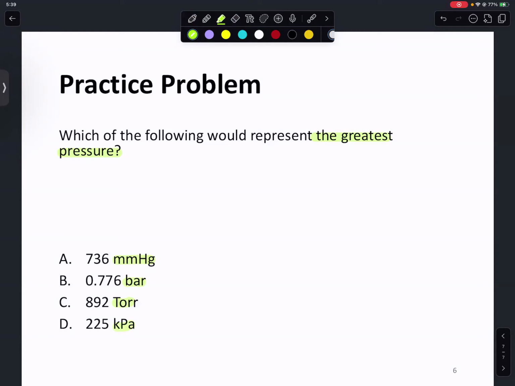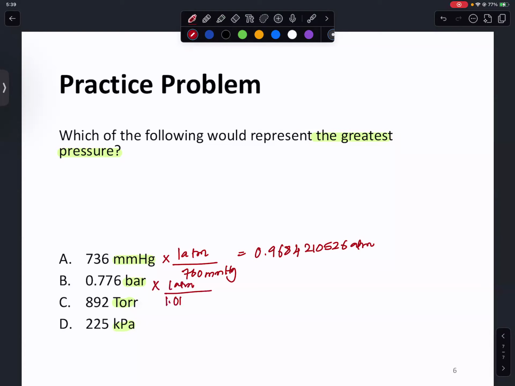So in this case, what I would do is convert everything to atmosphere, to only 1 unit, which is the easiest because the conversions that I showed you are all to atmosphere, and then I would just pick the one that is the greatest. So I will start with the first one. I can say 1 atm over 760 millimeters mercury equals 2.9684210526 atm, and then 1 atmosphere over 1.01325 bars equals